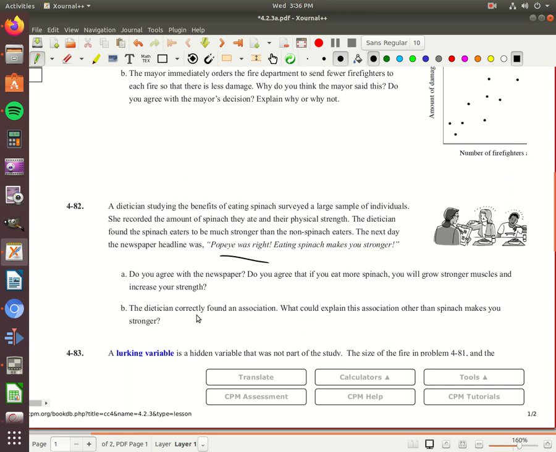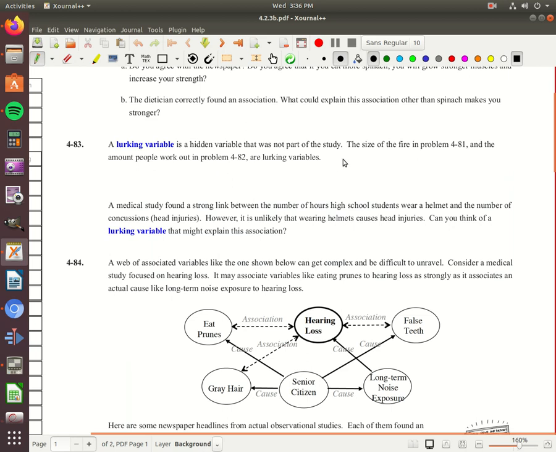Says the dietitian correctly found an association. What could explain this association other than spinach makes you stronger? Like we said, if you care to eat healthy, then maybe you care to exercise as well. We'll keep going. There's a hidden variable that was not part of the study. The size of the fire in problem 481 was a lurking variable. The amount people work out, or exercise, was a lurking variable in the last problem,